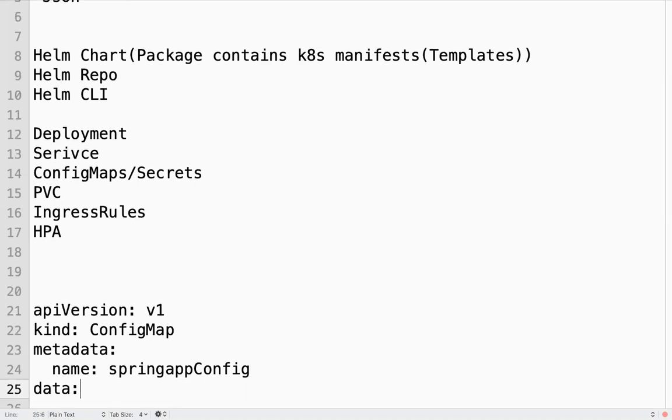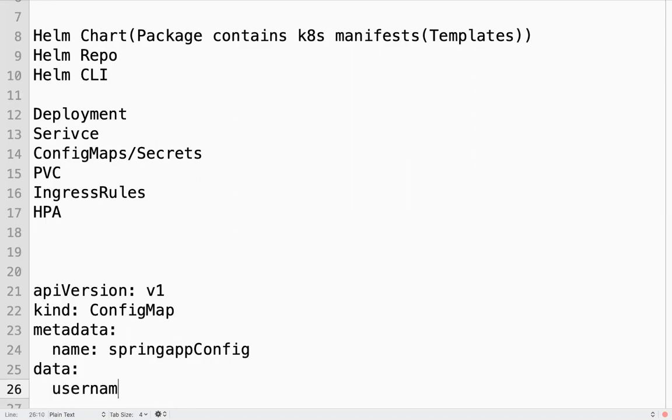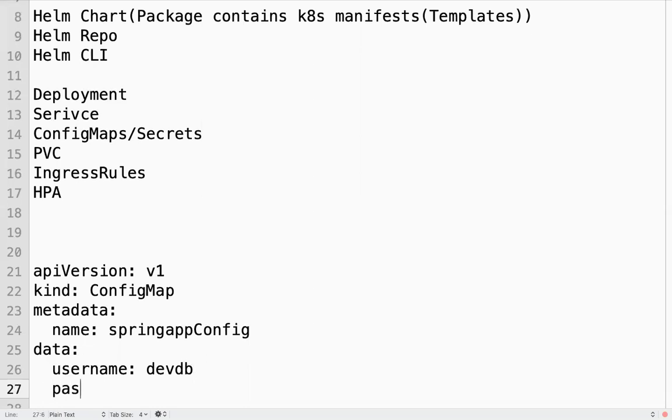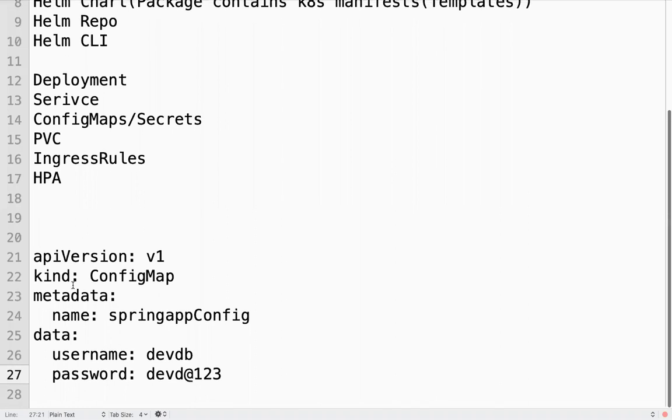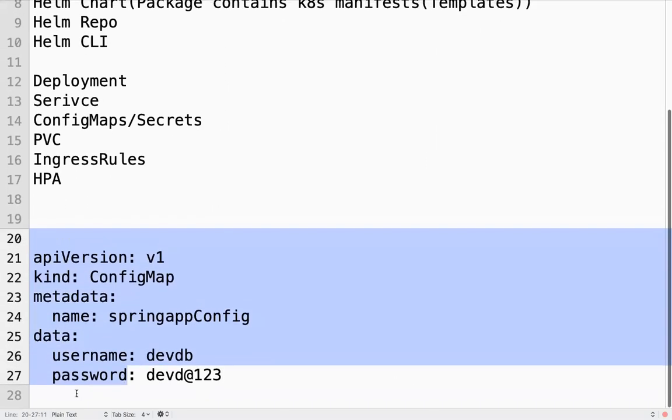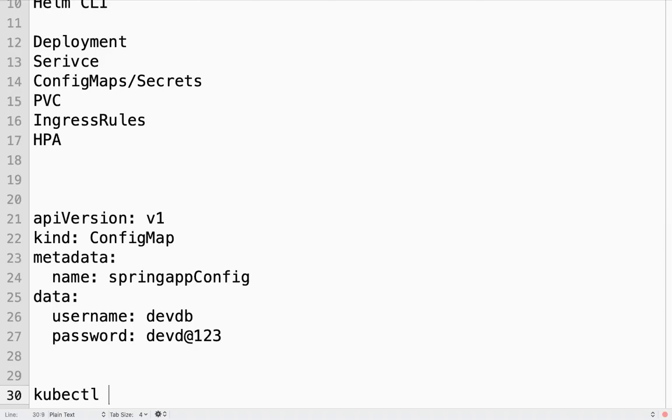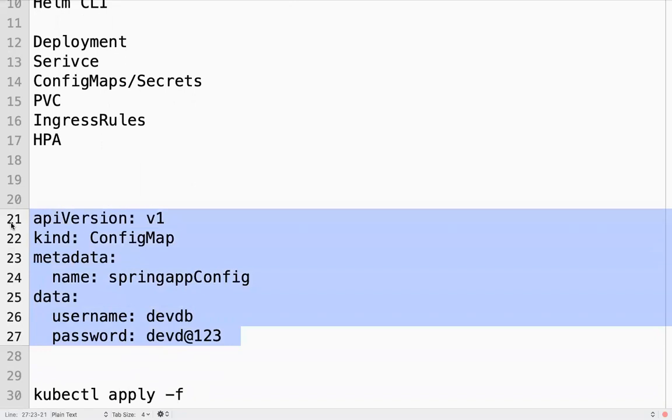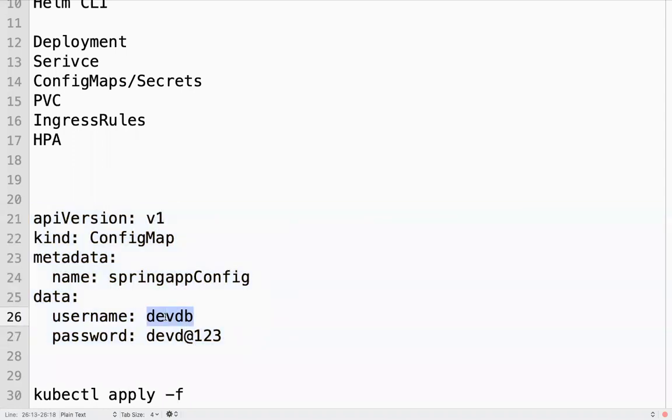Suppose I have a config map, something like this. So I have a config map manifest, something like this. I'm trying to deploy using this. We are applying something like this so far. But do we have a way to inject these values at runtime? Can I use this same file, same Kubernetes manifest, for all the environments if these values are different?